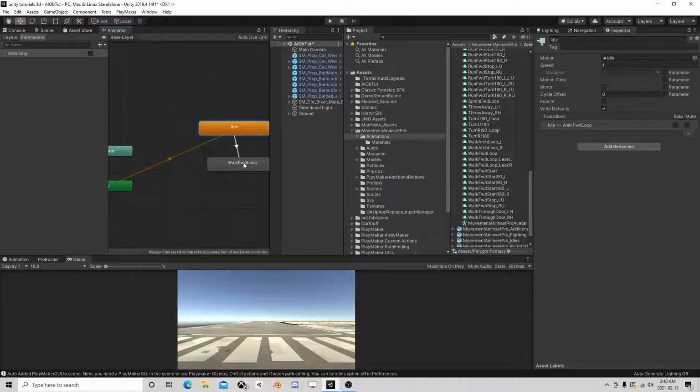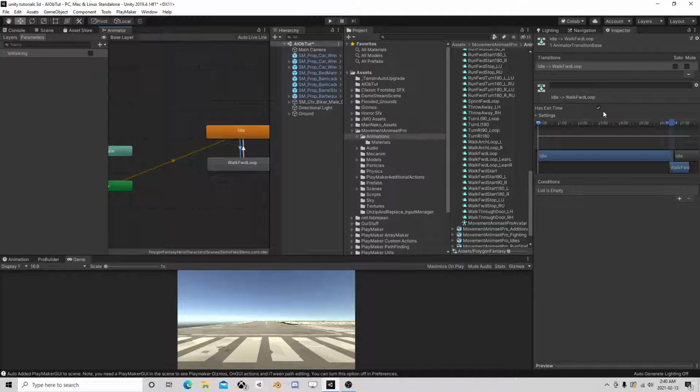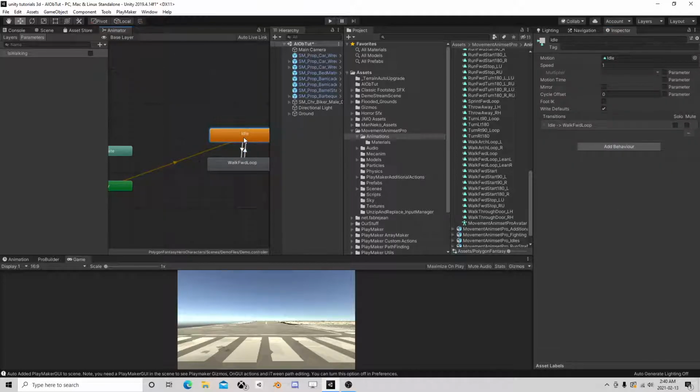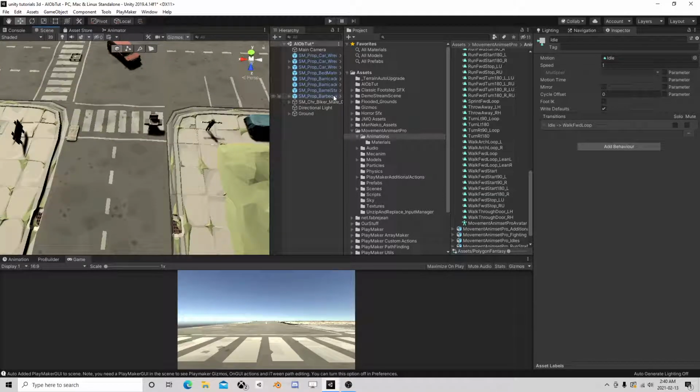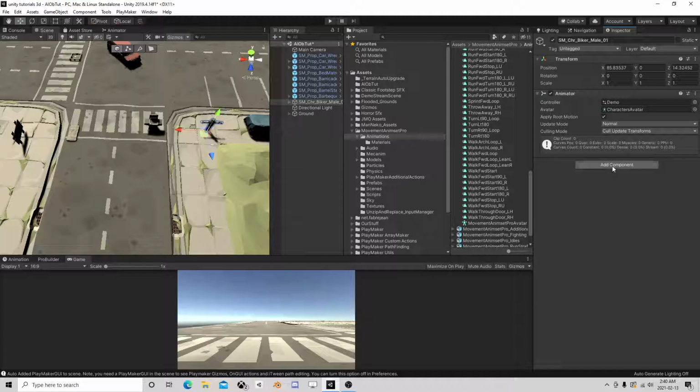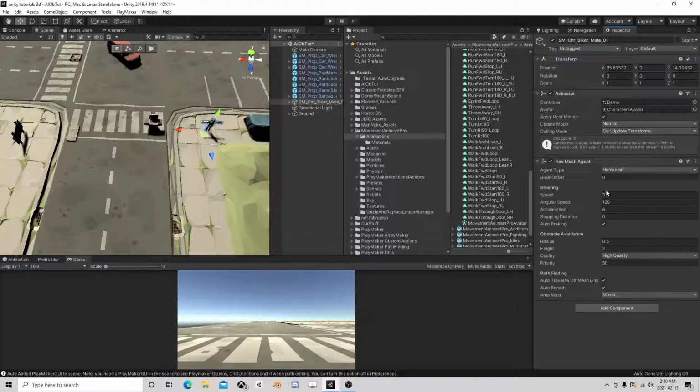And we're just going to make a couple transitions back and forth. And no exit time, is walking is true. And take no exit time, is walking is false. Pretty simple. And if I take this guy now and add a Nav Mesh Agent,